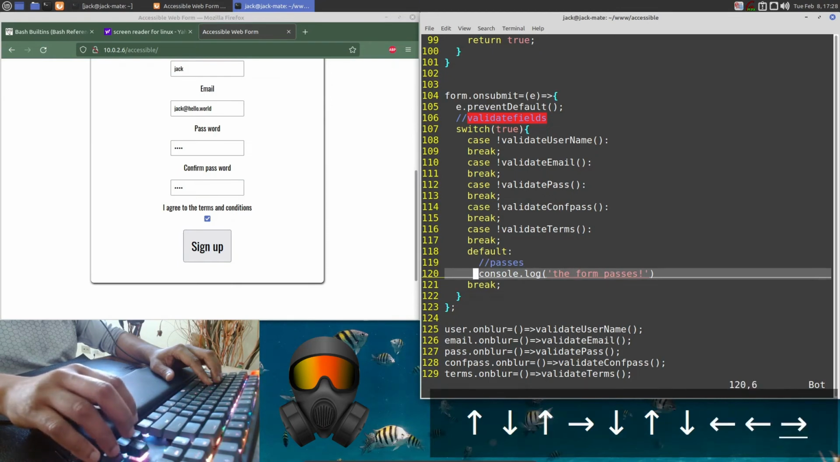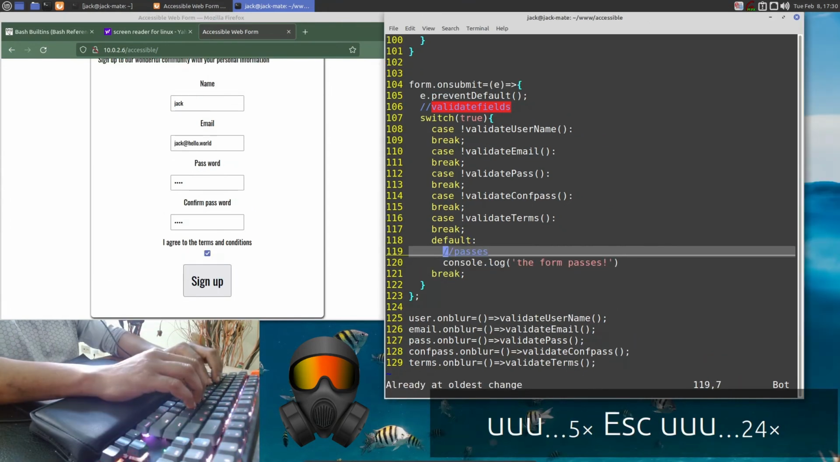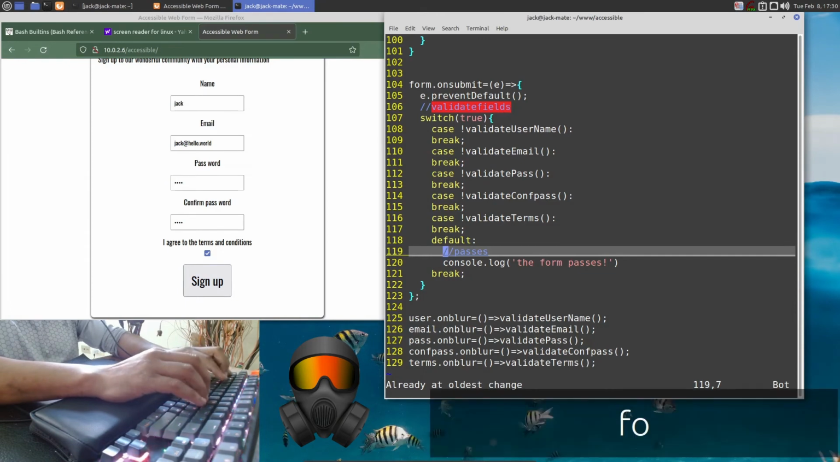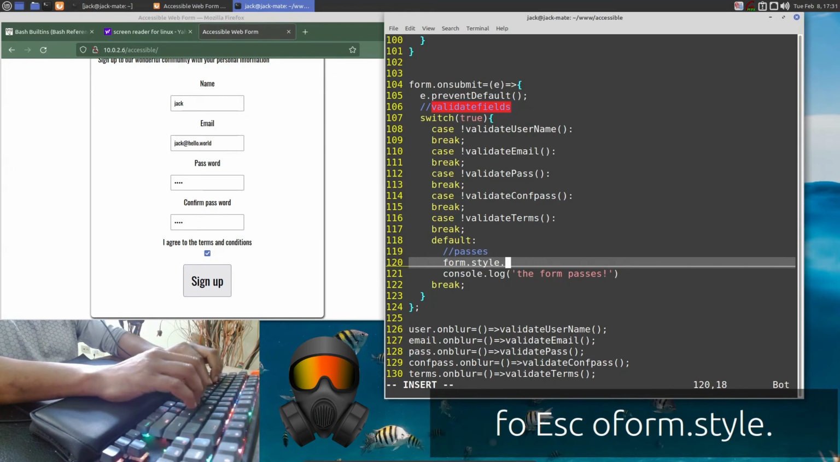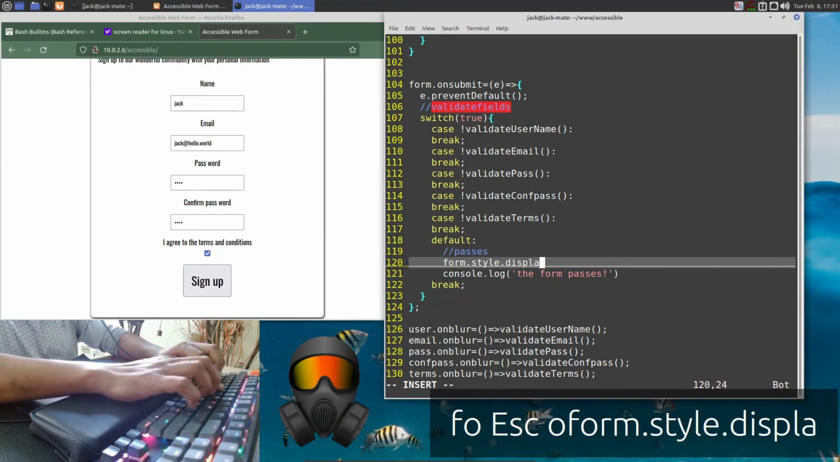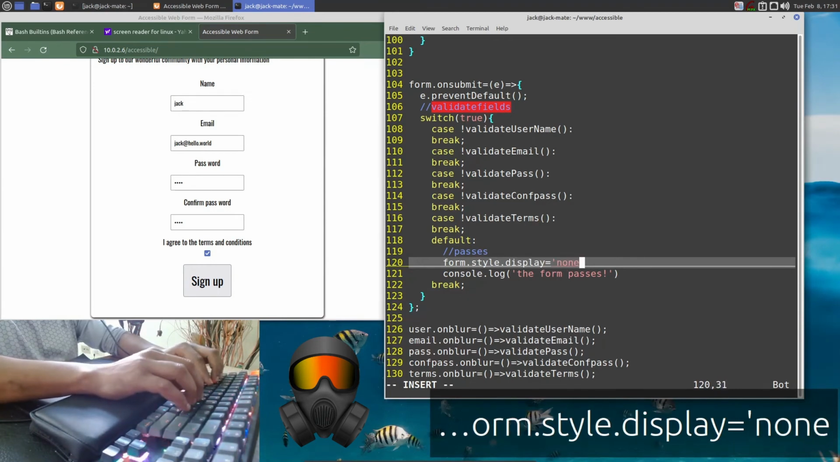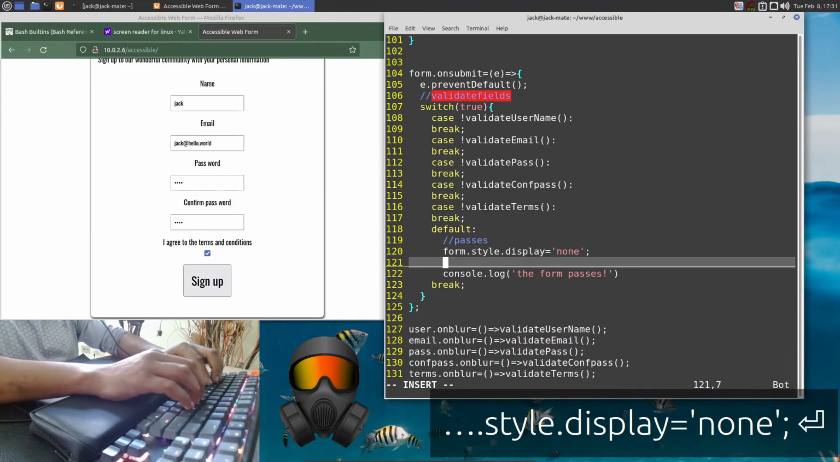But this is only for the demonstration. I'm not going to fetch anything. What I'm going to do is just hide the form. So I say, oh, sorry, here, form display equals to none. I can hide the form, and then I will show a success message,